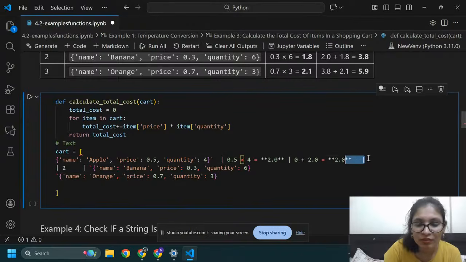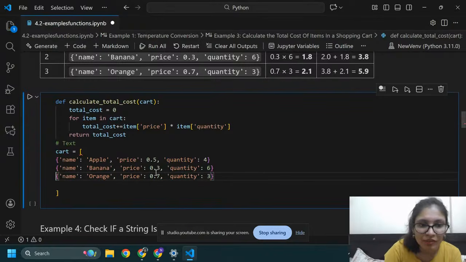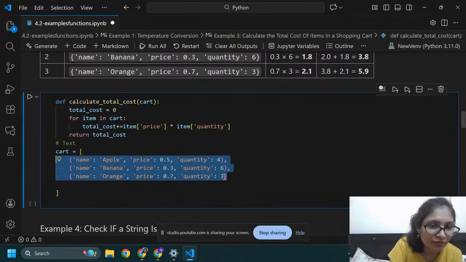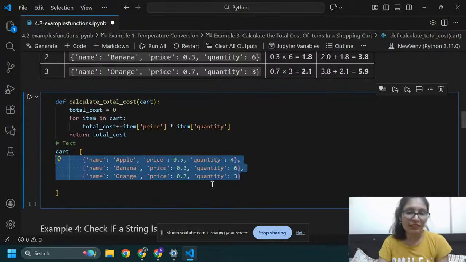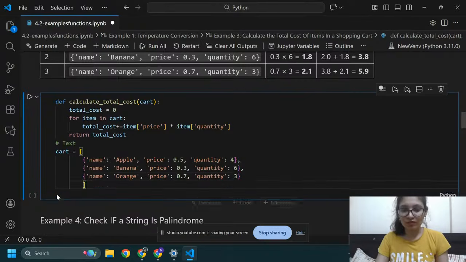I need to remove this line also. Okay, now I need to apply it, comma and comma. Here I need to give it some indentation. Okay, now it is correct. I'm using this code for testing.